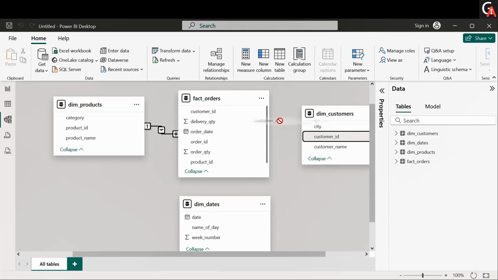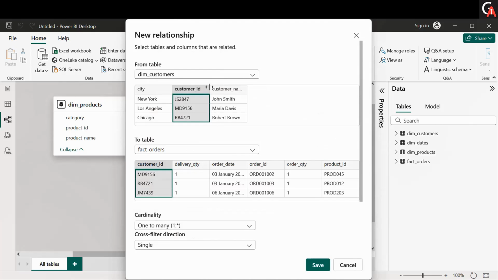So let me try to drag the customer ID from my dim customers table to the fact order table. Over here you will be able to see the same pop-up again. So you are creating the relationship between the dim customers and the fact order, and the column on which you are trying to create the relationship is the customer ID column. That column got automatically selected, and it has also detected the one to many cardinality,